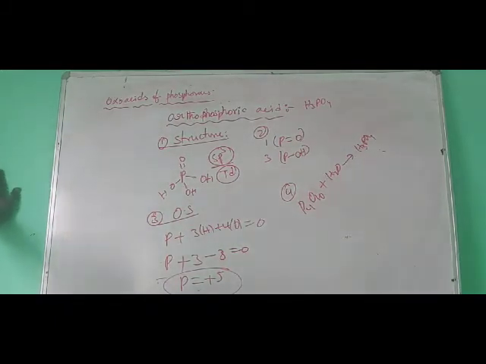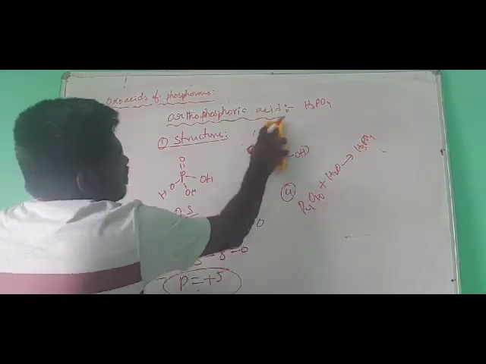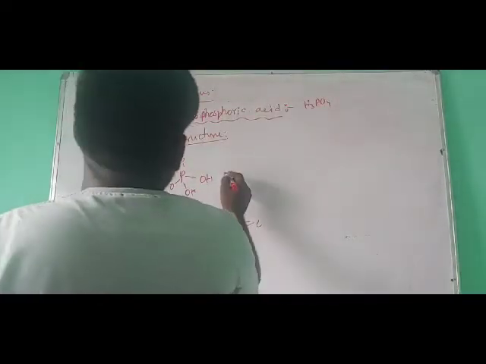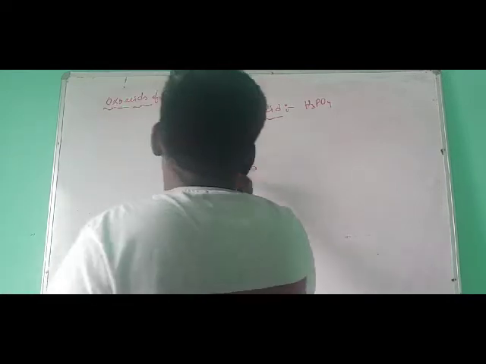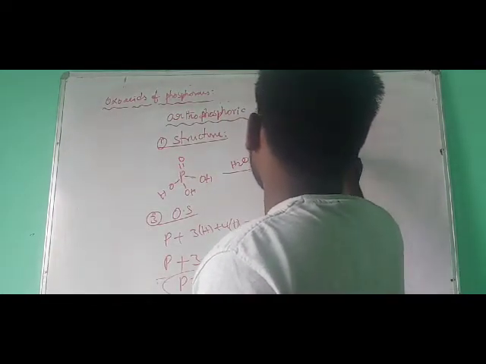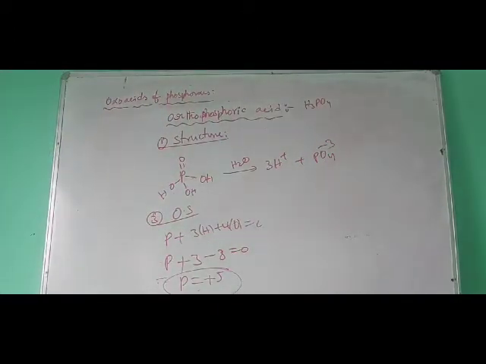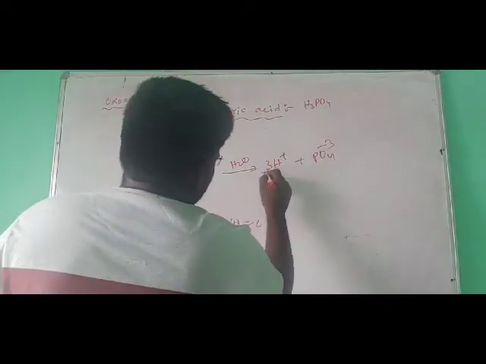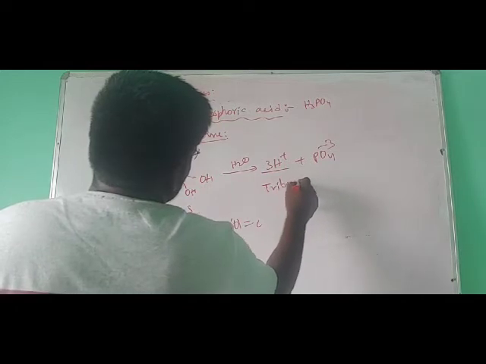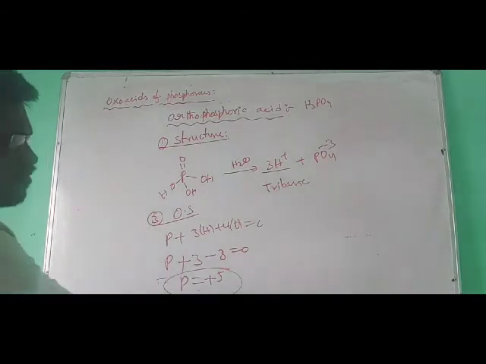Right? And the next one, when it is dissolved in water, this one gives 3 H plus ions. So you can say that this is a tribasic molecule. The next one, PO4 3- anion, that is phosphate ion, orthophosphate ion. So this one giving 3 H plus ions, you can say that this is a tribasic molecule. Basicity is 3, so that is a tribasic molecule.